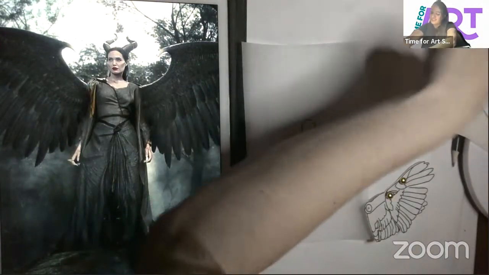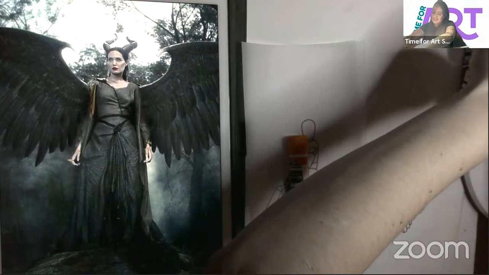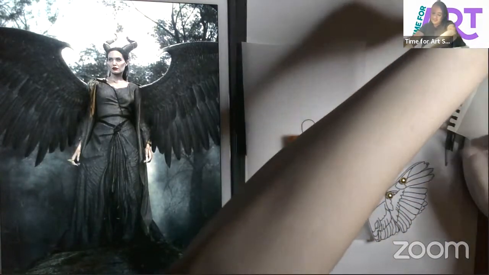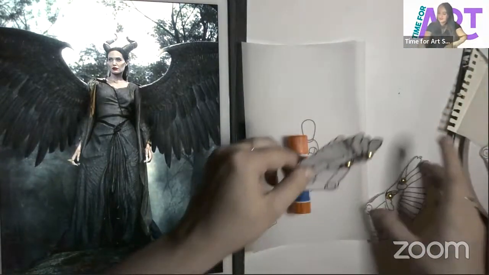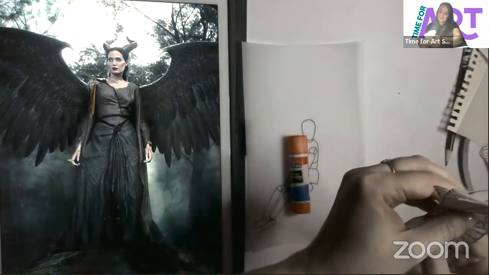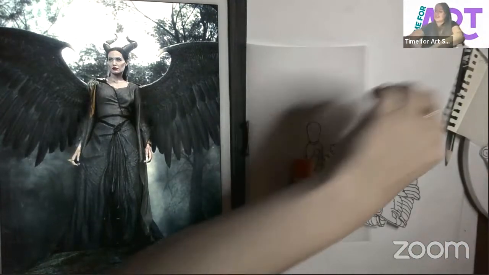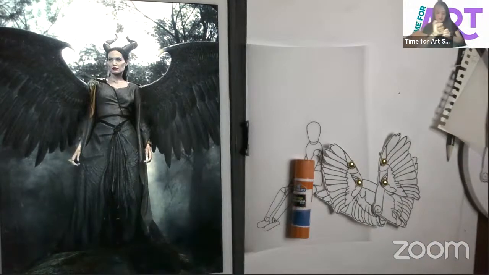I'm not going to go into the intricacies of the right set. I want a mirrored set of wings here. So we're going to keep this pretty easy. And now I'm going to liberally take these wings to